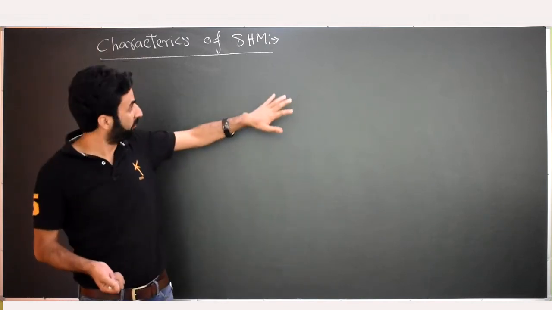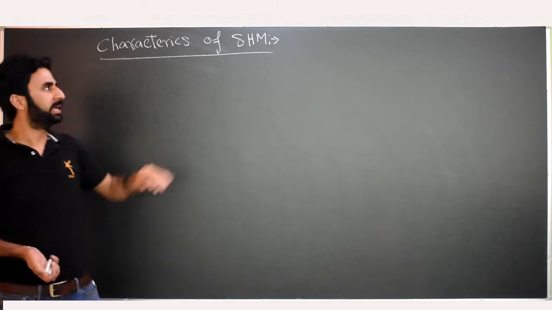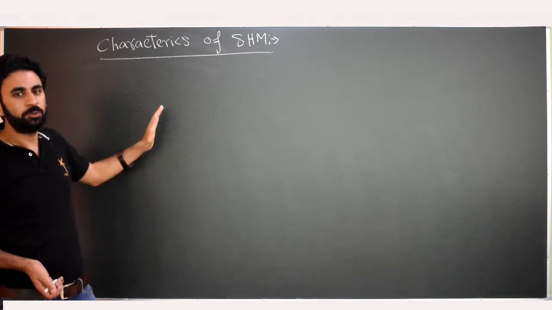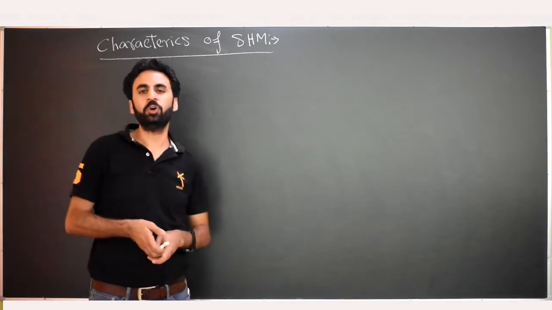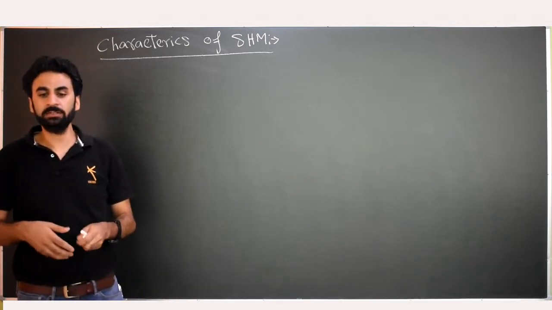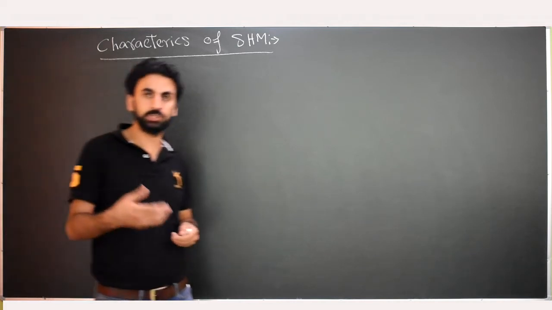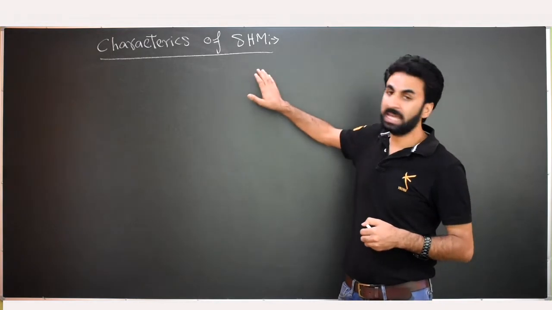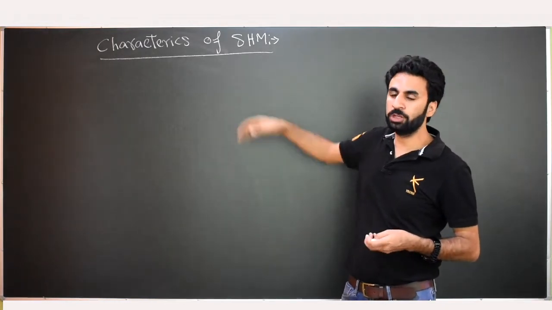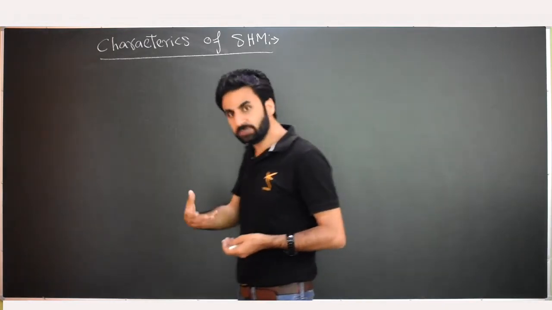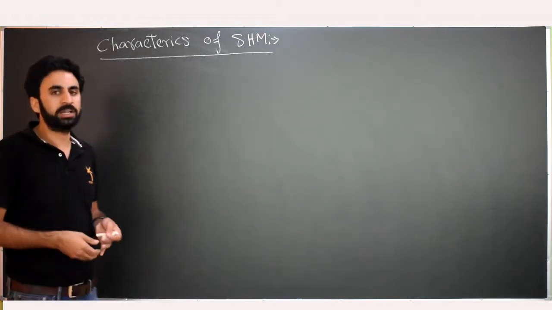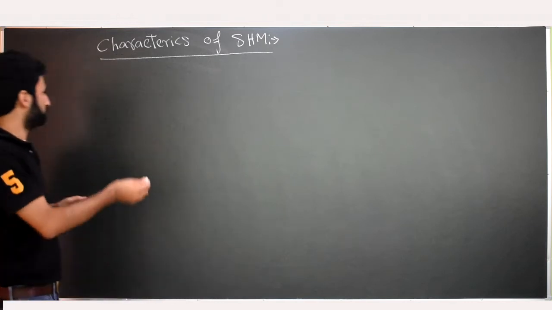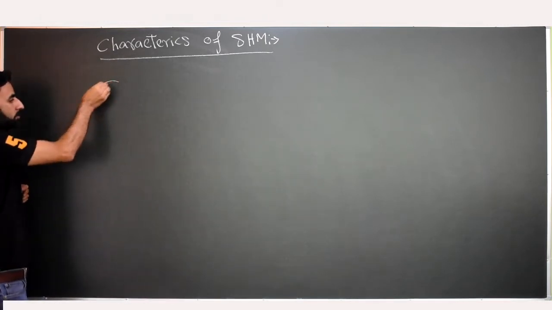Once you are familiar with the characteristics, this will incorporate how we define displacement in simple harmonic motion, what we mean by the velocity of a particle executing simple harmonic motion, and in addition we'll deal with acceleration. We also have to discuss phase, what we understand by the phase of a particle in simple harmonic motion. To understand this, what we'll do is